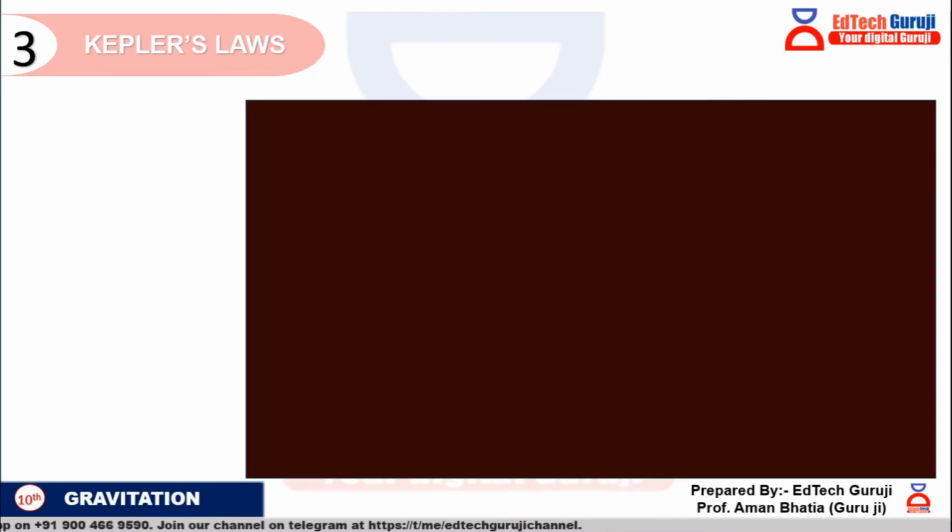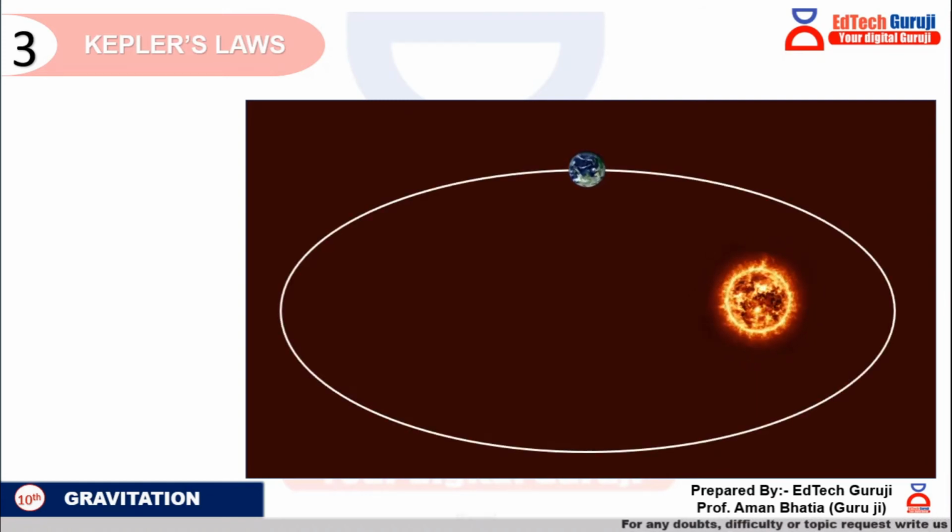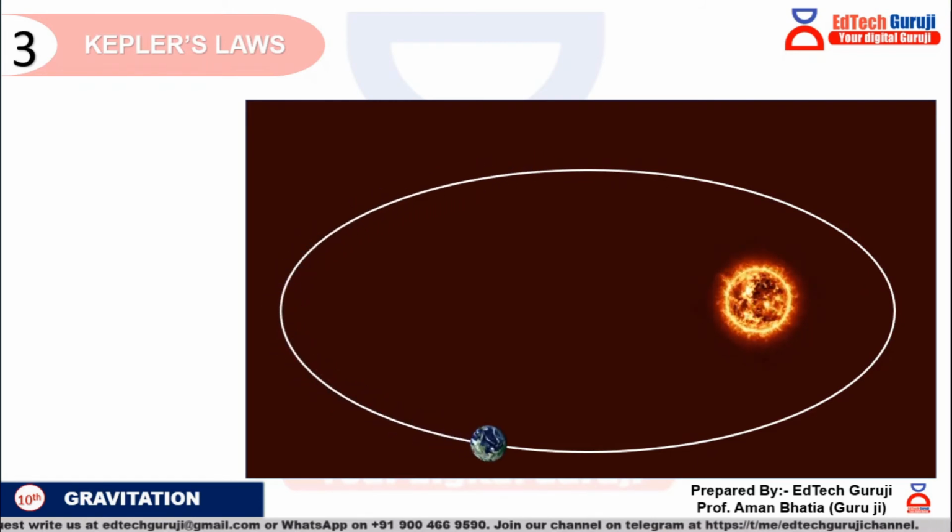So moving ahead, let us say this is our space and here is the sun. And here we are on the earth. Now Kepler's first law states that the orbit of a planet is always elliptical. So here you have the elliptical orbit on which the earth is revolving around the sun. It is not circular, it is an ellipse. The orbit of the planet is elliptical. This is the major thing given as the first law of Kepler. Is this clear to you?